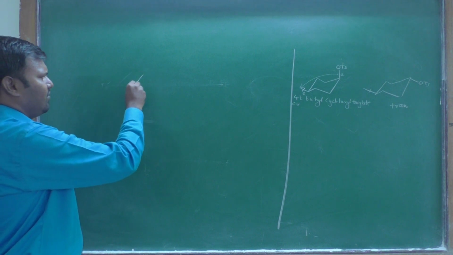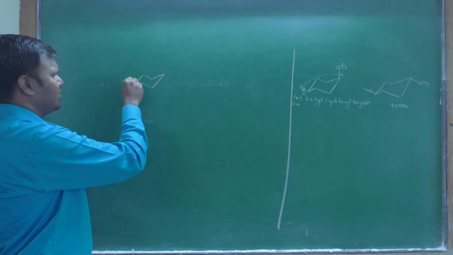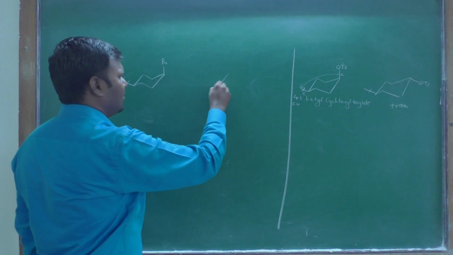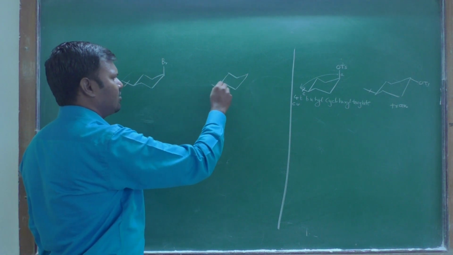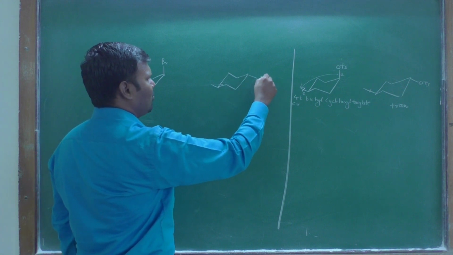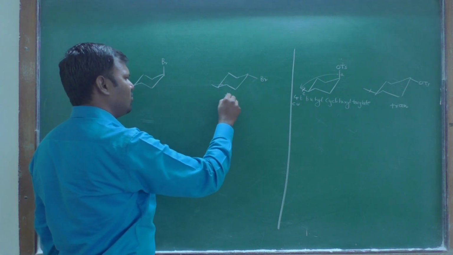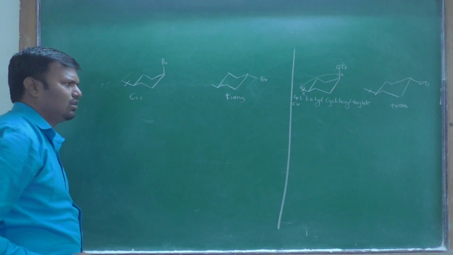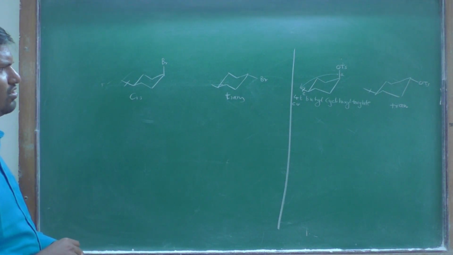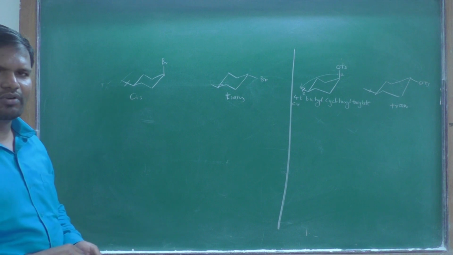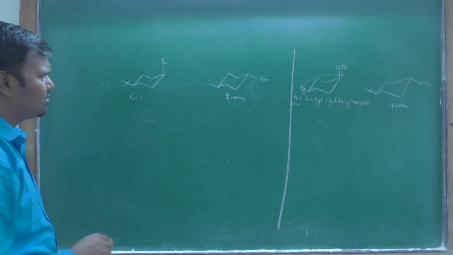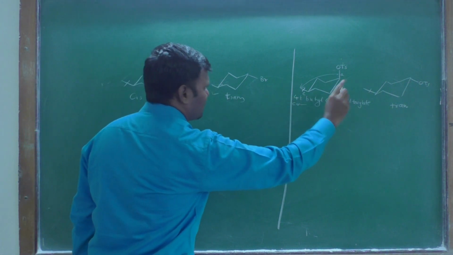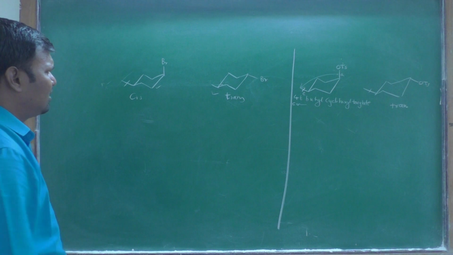The second example we have is 4-tert-butylcyclohexyl bromide. This is our trans compound and this is the cis compound. We are comparing which compound reacts faster. Does this compound react faster than this, or does this react faster than this? Therefore we add